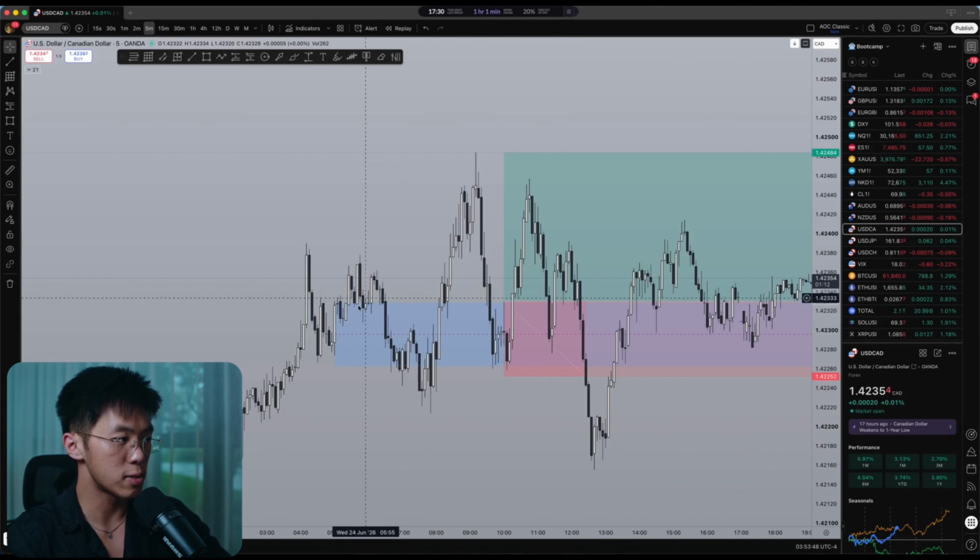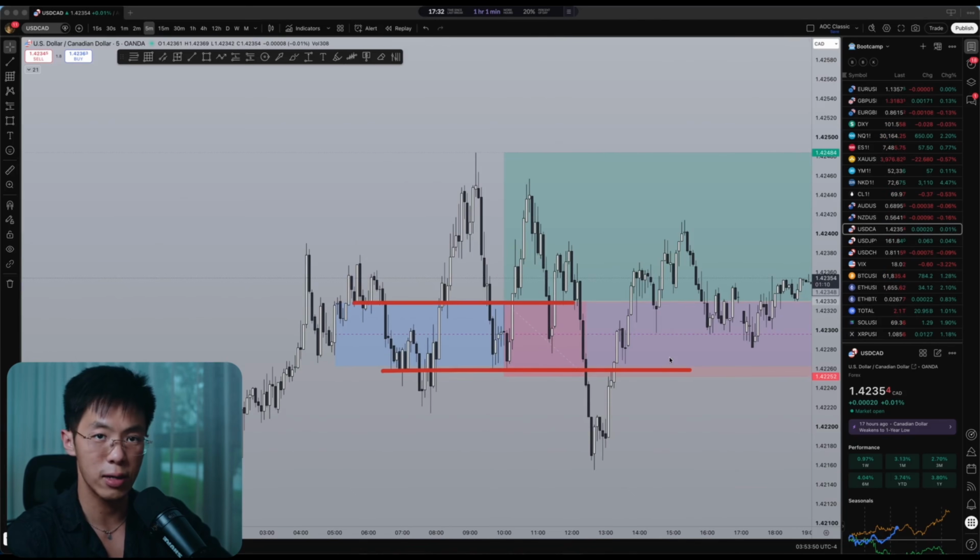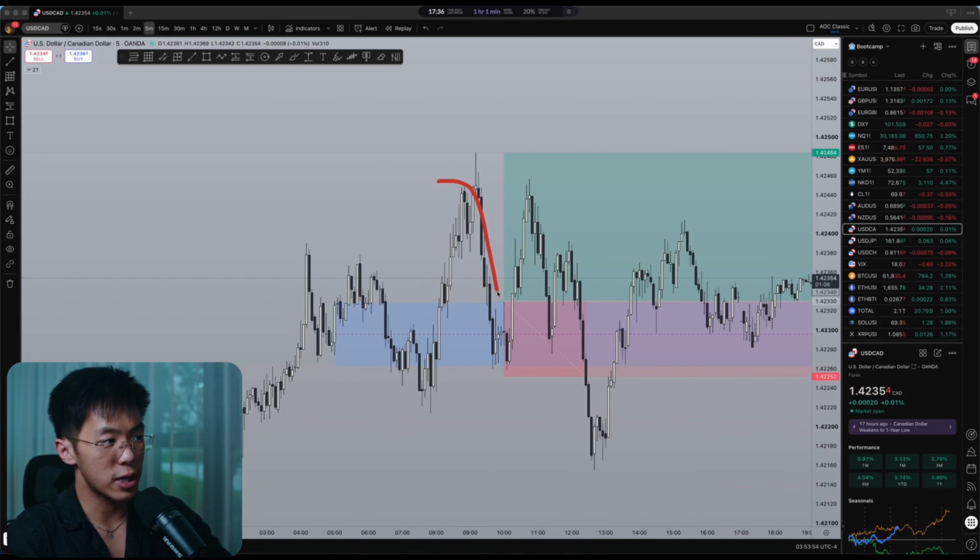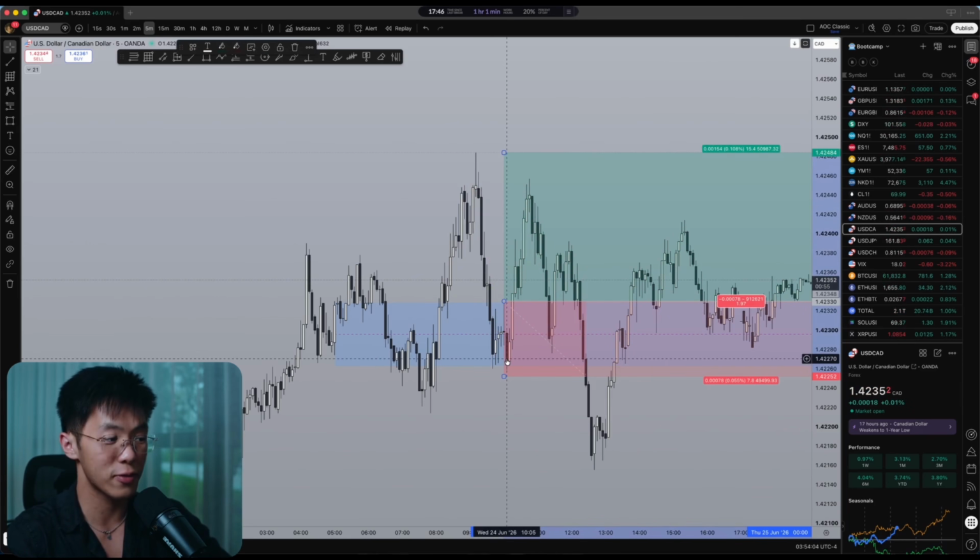Just as an example, this blue box over here is a 1-hour order block, just like the one we drew on Bitcoin. Just because price comes back into it, you don't just set a limit there, because you still need the 5-minute to give you some sort of CISD. At that point, you do actually get it. The only problem was that this was happening outside of the New York kill zone, which is after 10 a.m. Ideally, we don't want to be trading after 10 a.m. We want to take most of our trades between 7 and 10. So timing was an issue.